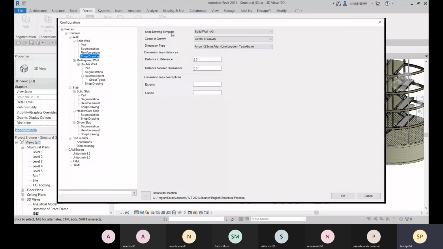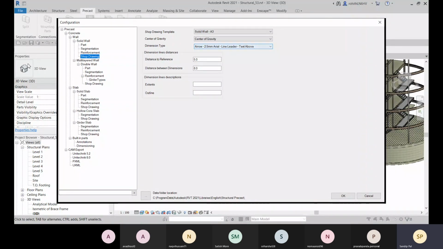For the wall, what will be the shop drawing template? What will be the center of gravity mark? Okay, and the dimension type. So in every drawing sheet, the views will be created, and with the views, all the dimensions will be placed in every view. So you don't have to worry about placing dimensions and fixing dimensions. So you just have to define the dimension type.